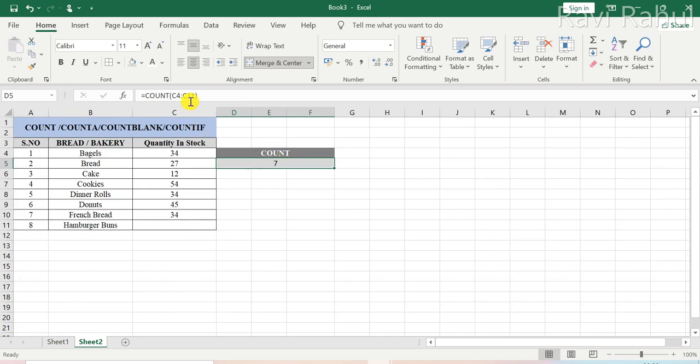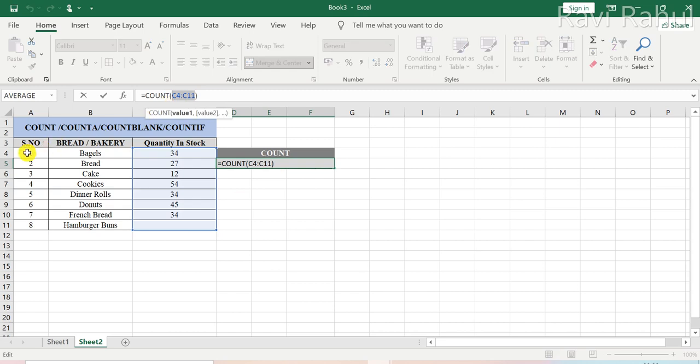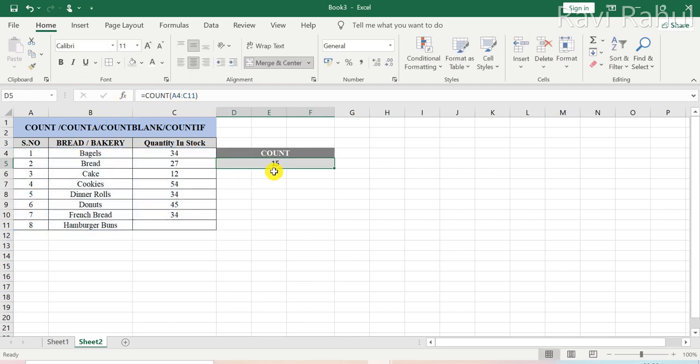And what if I had taken the whole table? What would it display? It would display 8 here and 7 here, that is 15. So you see it has ignored the cells containing text and it has also ignored the cells that are